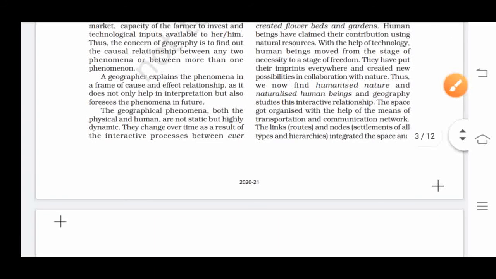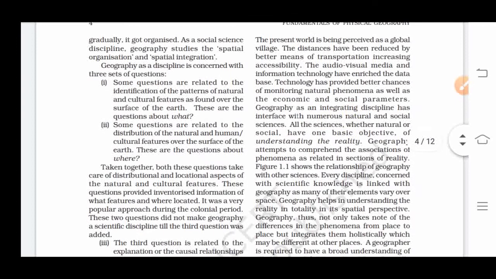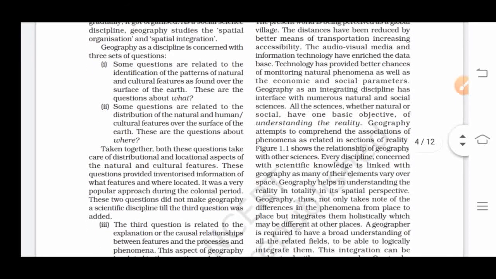All right, so whatever I said now, this has all been elaborated in your textbook. Okay, so I hope you all have understood up to here. Now see, I'm going very slow so that you understand, since this is the first class in the first chapter, right, on this book. Okay, now, since the chapter's heading is geography as a discipline, ठीक है, अब हम लोगों ने सब कुछ हमारे माइंड में क्लियर हो गया, हम क्यों पढ़ रहे हैं, क्या है ज्योग्राफी, कैसा इंटरेक्शन है.